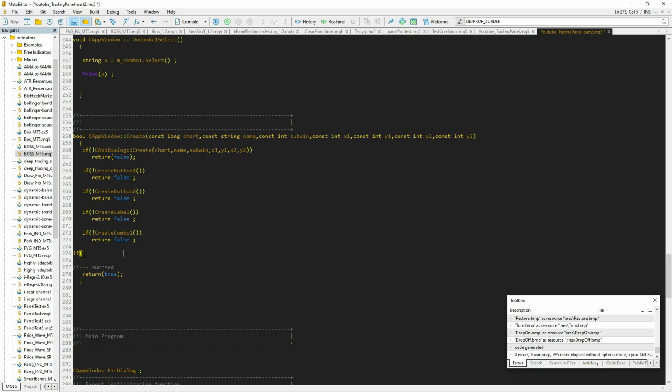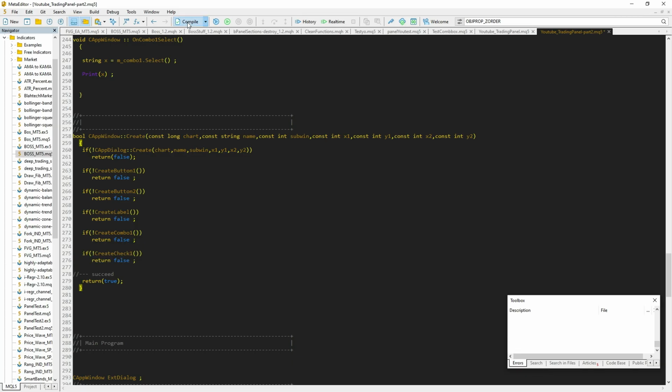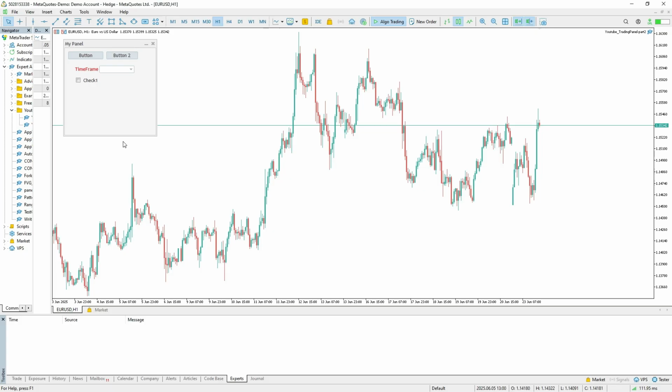If it's failed to create checkbox, we're going to return false. All right, let's hit compile. Hopefully we don't have any errors. All right, we don't have error. Let's jump to the terminal. All right, this is the checkbox. It's called check one,